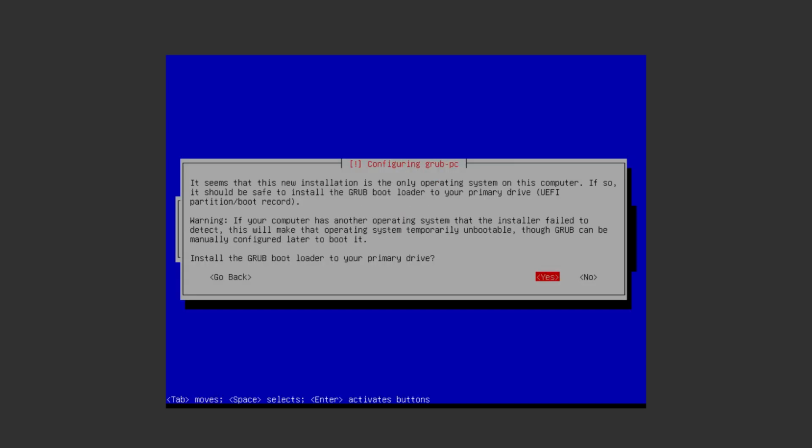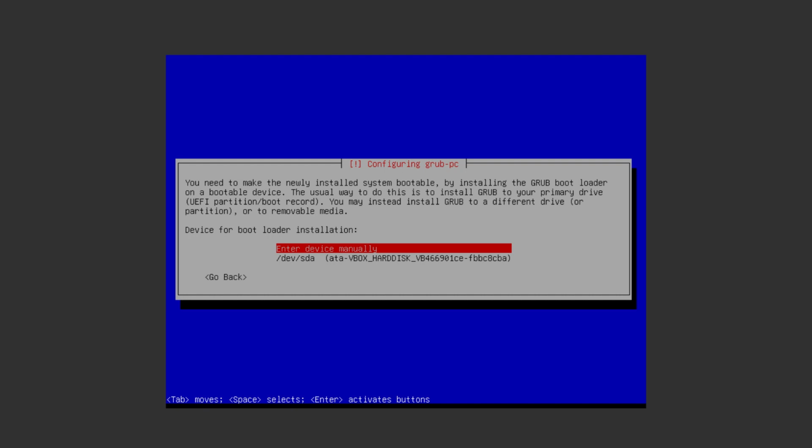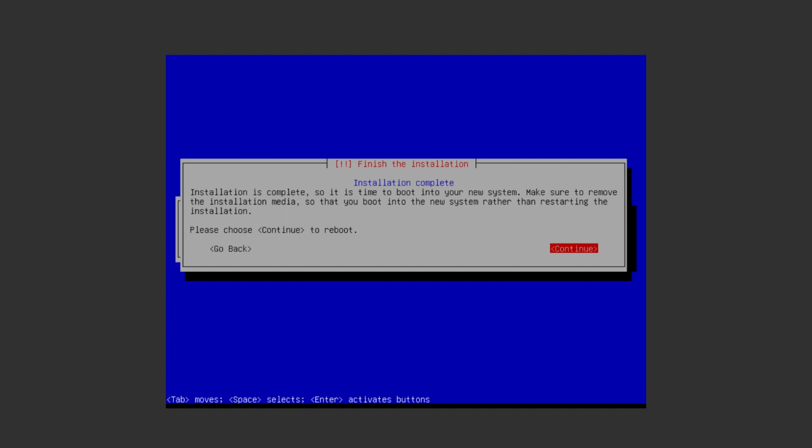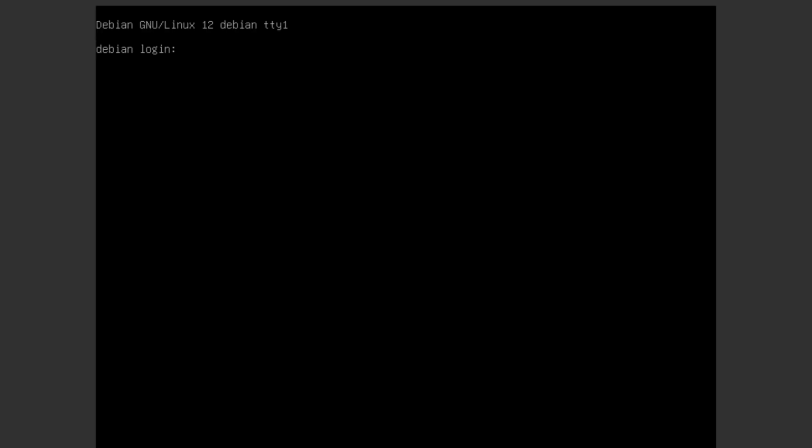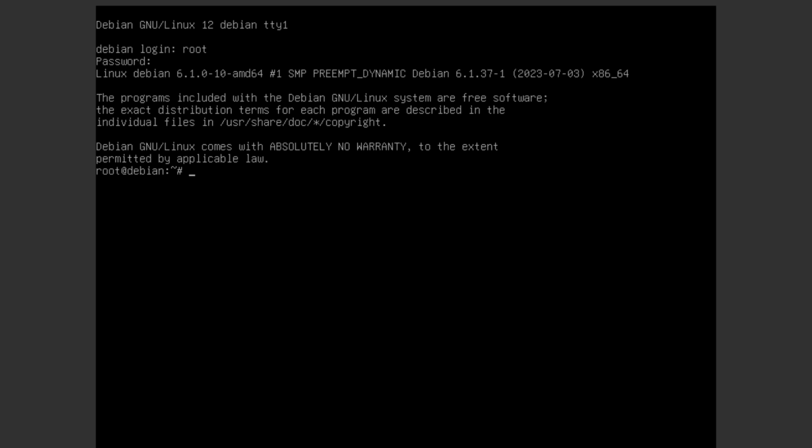Once that's completed, we then need to install the Grub bootloader, choosing to install on the only disk that we have, and we can allow that to run through. We're now ready, our installation is complete, and we can reboot, so we can allow the system to reboot. And now we should be able to log on as our root user with a password that we set. Remember, we're working with the default password of Vagrant. So our system is up and running and looking good.